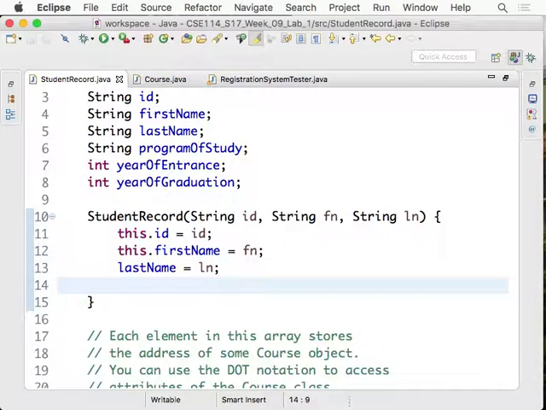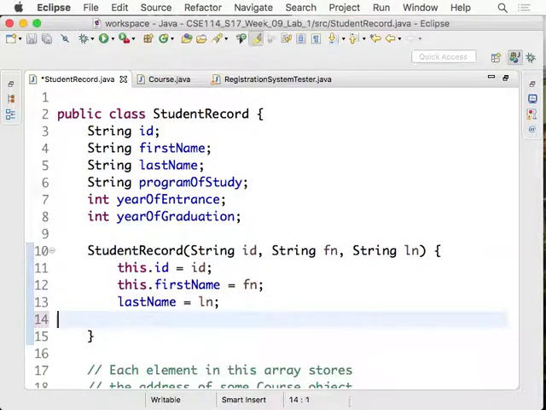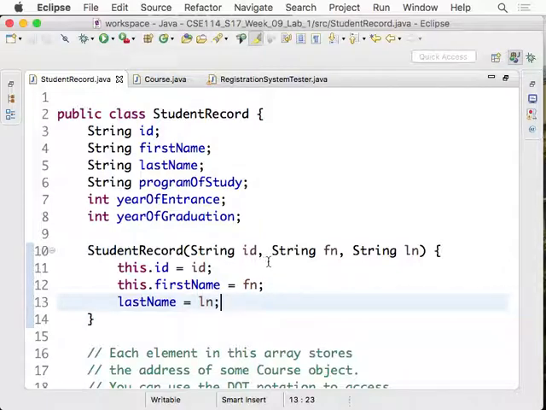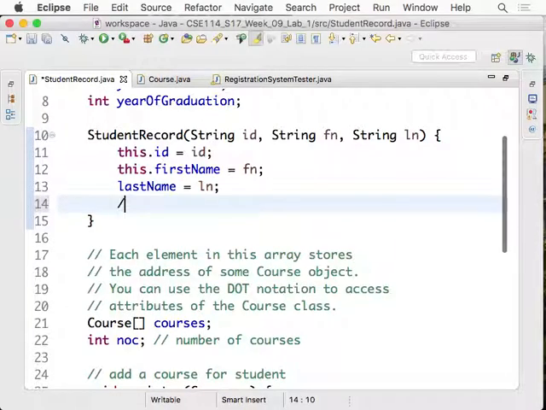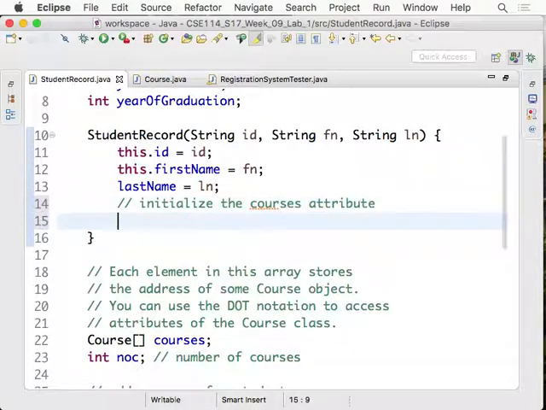So now let's go to the student record here. Since we have a courses attribute here, we can now initialize the courses attribute. Let's say a student can take up to how many each semester? 10? Maybe too many, right? How about 5? Okay, be kind to you. How about 5? So courses =